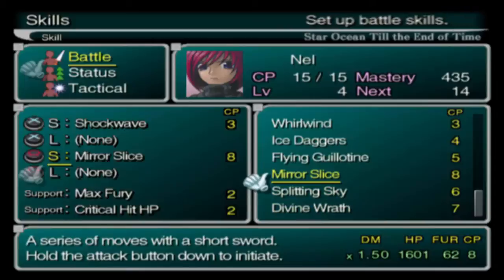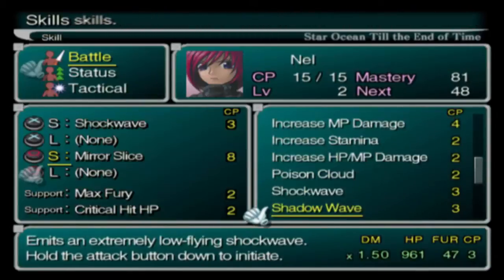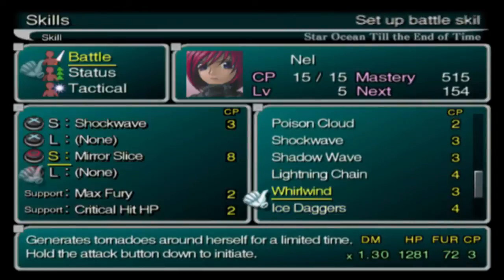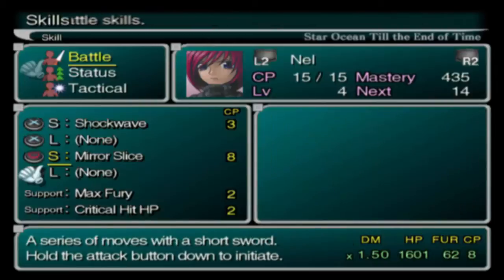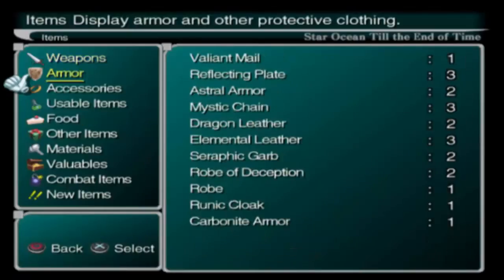I'm not 100% sure. It's been a long time since I've used Nell this late into the game, just because it takes too much time. There's so many skills that she has that are quite useful, so it takes a while. I think technically the most damaging spell in the game can be Whirlwind, but how often can you use that? One thing we did not check last time, and I can't check it that way, so let's